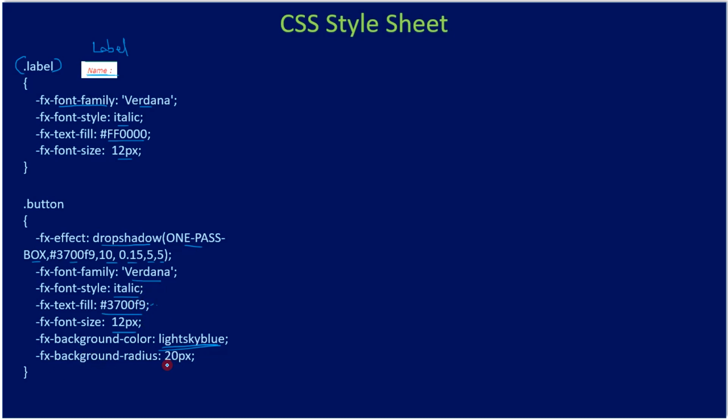Then background radius 20 pixel. So this will help in turning the button, a rectangular button, into a curved radius in all corners. So your button will look somewhat like this. For example, here add, these are all the radius that is specified, 20 pixel, drop shadow, that's done by